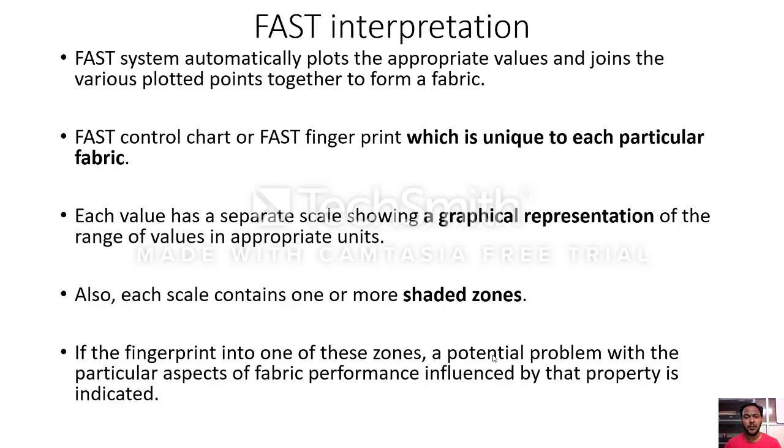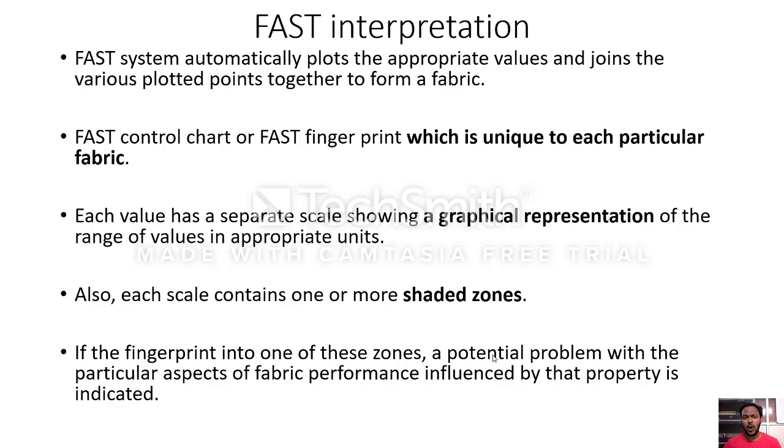Now coming back to the interpretation, so far we have seen about 3 instruments in the previous lecture, which are the FAST 1, 2 and 3, and in today's lecture we have been discussing the FAST 4 system. So all these 4, FAST 1, 2, 3 and 4, completely 4 systems we have seen.